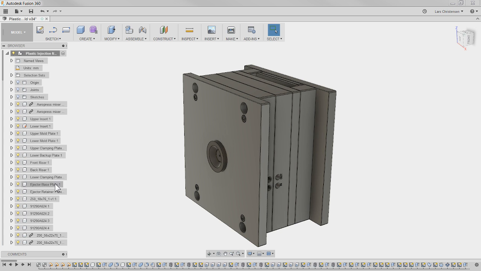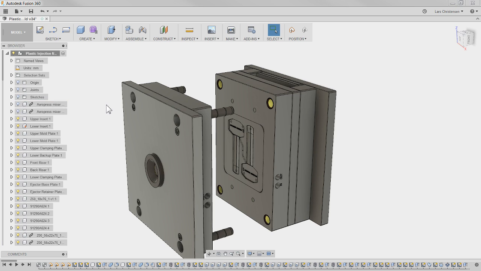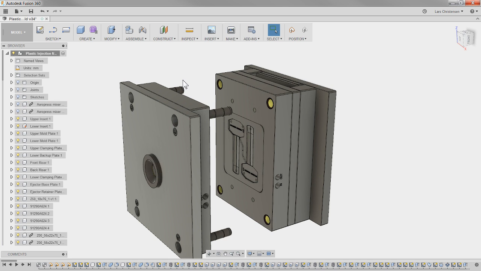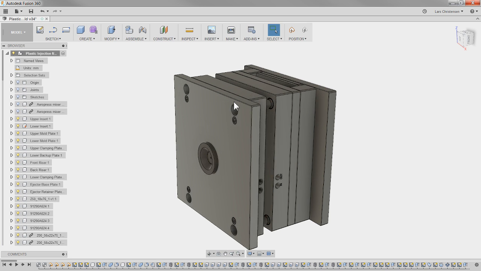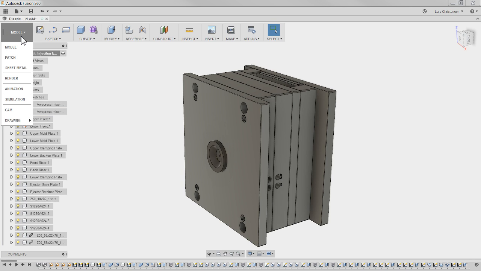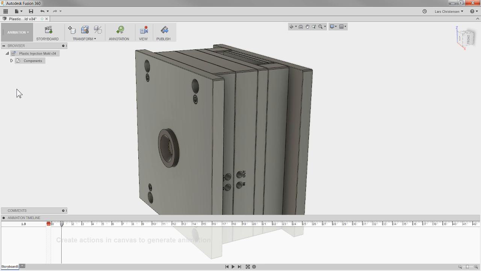All right, so here we're in the model space, and you will see that I have some mating aspects in here. So I created a mate, if you watch the video, where the mold can open up, and also the injector pins can come out here, and the mold can close again. Now the animation space lives in here. And I'm just going to click on and go into it, but I'm not going to touch anything right now, because